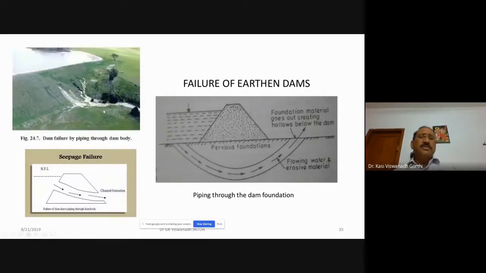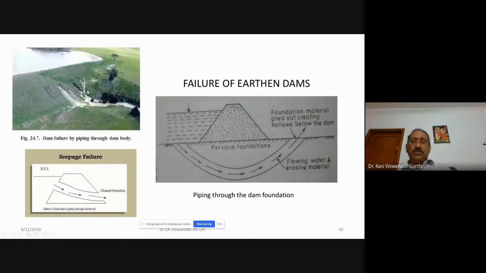Okay, so there may be several types of failures. We have been discussing hydraulic failure, seepage failure, or structural failure for earth dams. This is one particular case of piping. You can see in the body of the dam, the water is on the upstream side and coming out at the downstream side. Through the connected pore spaces within the body of the dam, a pipe must have already formed. This pipe is connected and water is coming out from upstream to downstream. This may lead to the failure of the dam in a very short span.